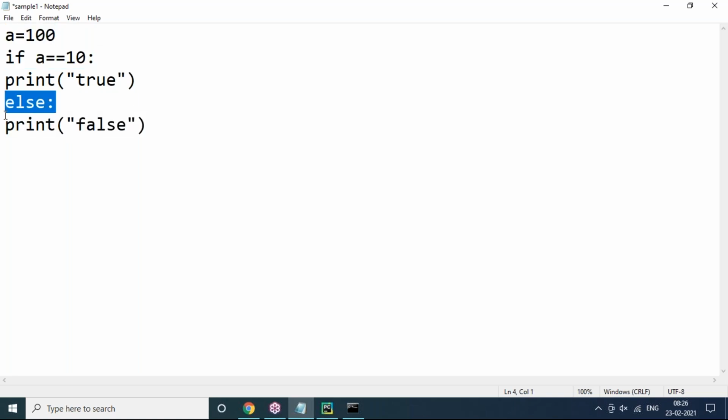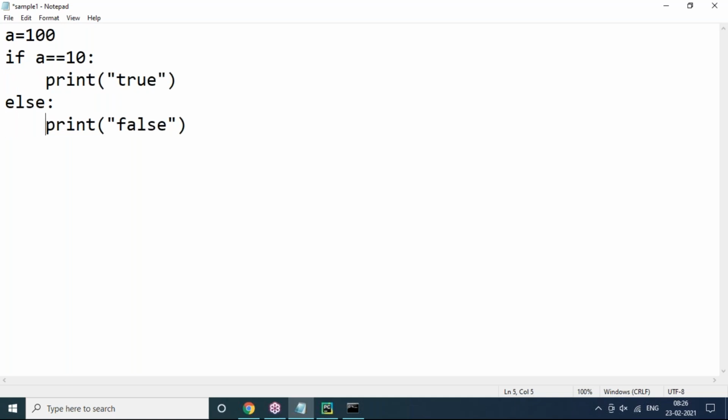So these are individual lines only. Notepad and PyCharm read the code completely differently, because PyCharm is exclusively written for Python programs. So you have to take care as a programmer. Here it will give an error because no code is available under the if block. That means if I give at least one space or more spaces, 4 spaces by default actually, then it will consider that a block of code is there. If the block has code, that means what? If the condition is true, then what code should I execute? This code I should execute. If the condition is false, then what code should I execute? The else block code I should execute.